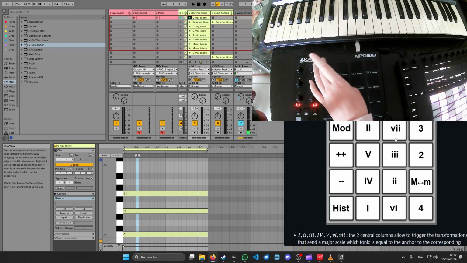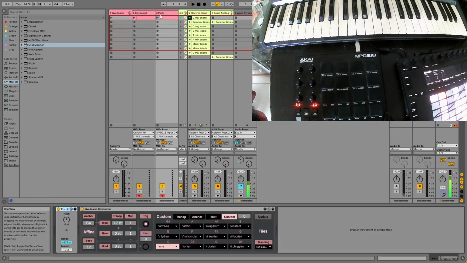If you want to do that, the only thing you have to do is hold the mod pad and press whatever scale you want to mod in. For instance, if I want to mod in the 5th degree of C major, which is G major, I can just press this. If you look at the LiveScaler UI, you will see that the mod part now shows a C7 semitone transposition, which is G. And now if I play,